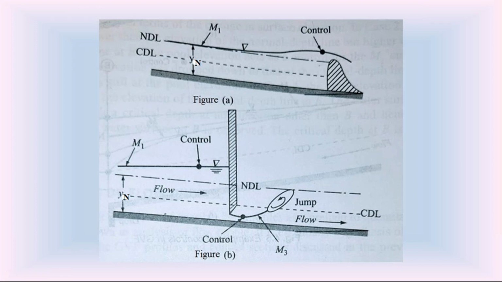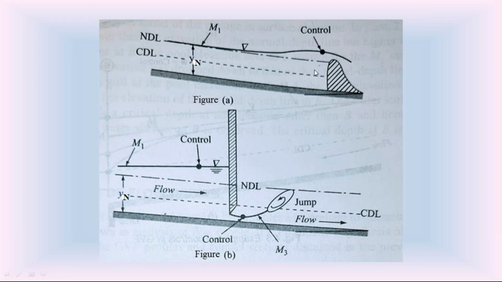You know that this M1 water surface profile is also called the backwater curve. If there is a weir in the open channel, on the upstream side of the weir, the water surface in the open channel rises. So this is the rising water surface profile in the open channel. It is also called the backwater curve. I hope at least some of you will get the doubt. What is the length of the M1 water surface profile from this control section up to this point on the upstream side?